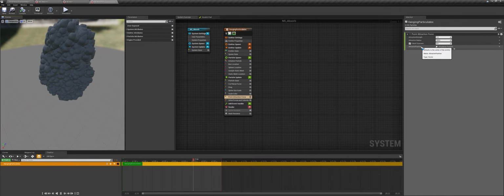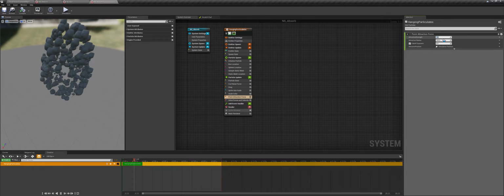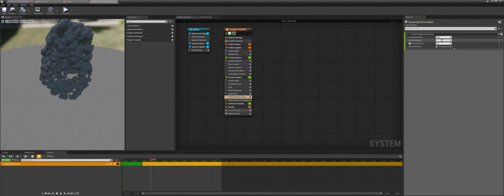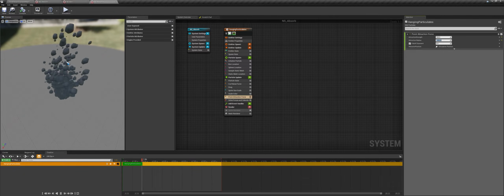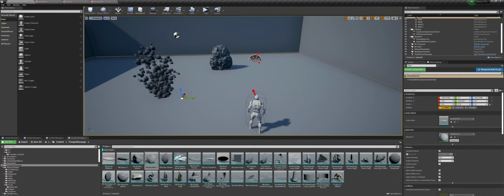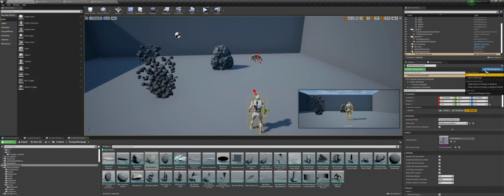So here you can see a simulation position. If I increase the strength to like 100, and if I increase the radius to like 1000, we can see that it is going to the simulation position. We need to change this location to the location on our character. So if I open the character up,